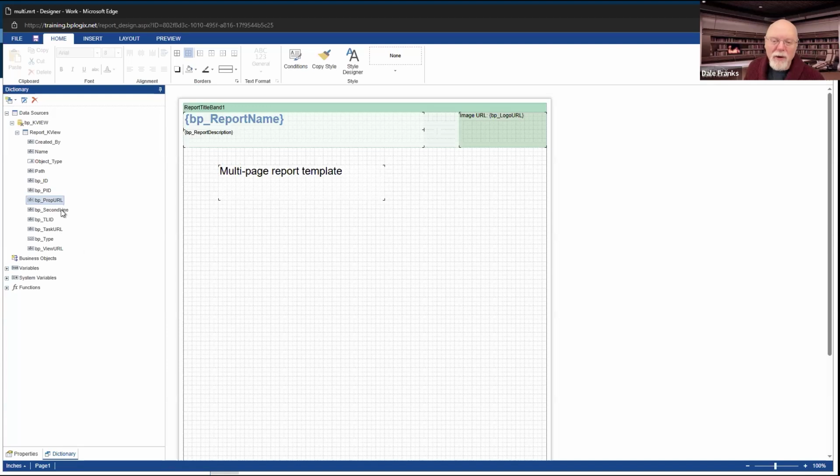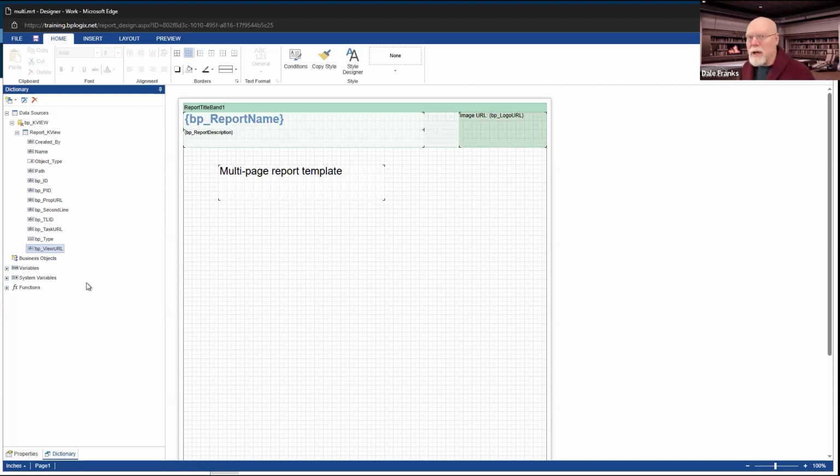So it would return the URL. The second line, which should be the description of the object, which I don't think we care about in this particular case. The timeline instance ID, the URL of the task, which we could use to open it in task context, because we could actually put URLs on a report, by the way, just so that you know. And then we have the BP type and the BP view URL.